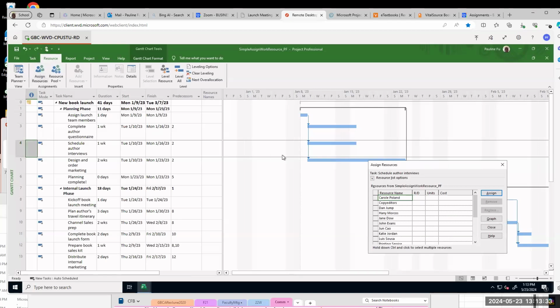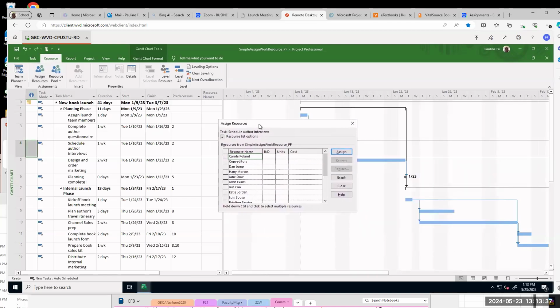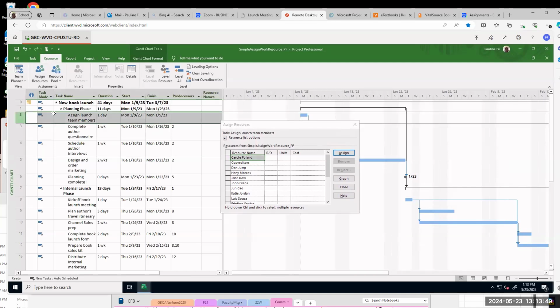Assign resource. Then you have this assign resource box. So you need to assign carrier Poland to task 2. Select task 2. Locate carrier Poland, then click assign.